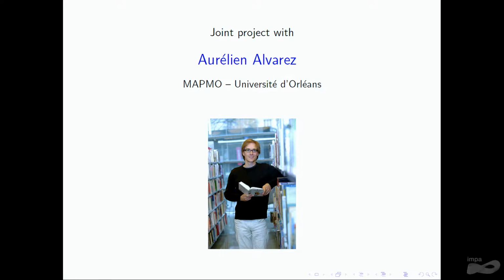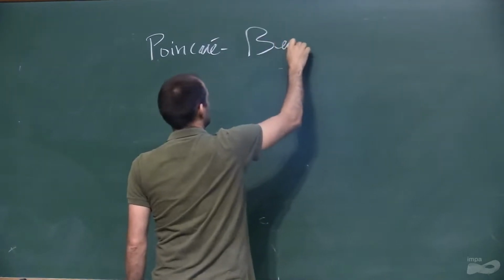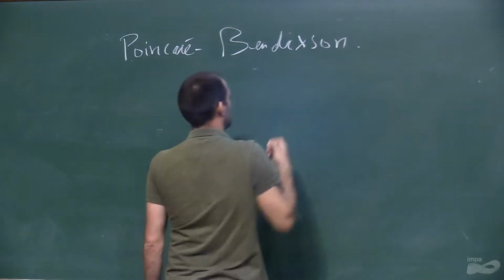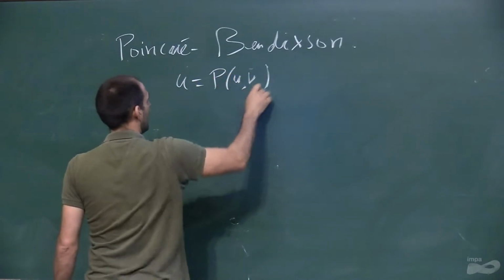So I am going to begin with the real case and to state some kind of classical theorem that will illustrate also the complex case that I will describe later in the talk. So the first theorem I would like to mention, and probably most of you know this theorem. This is a theorem that dates from the late 19th century, but was proven by Poincaré and Bendixson, which states that the trajectories of a differential equation on the plane, so you take a differential equation of that form on the plane.